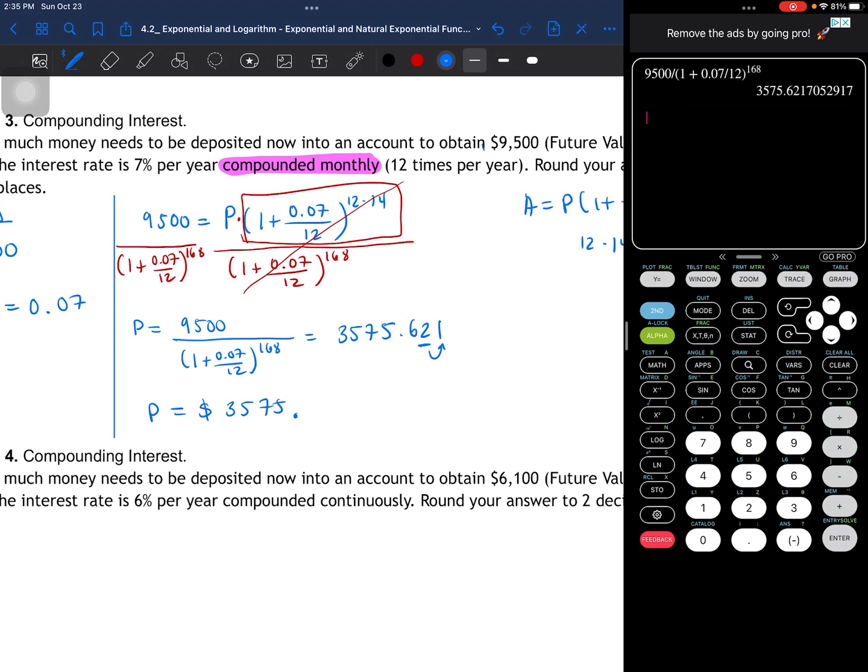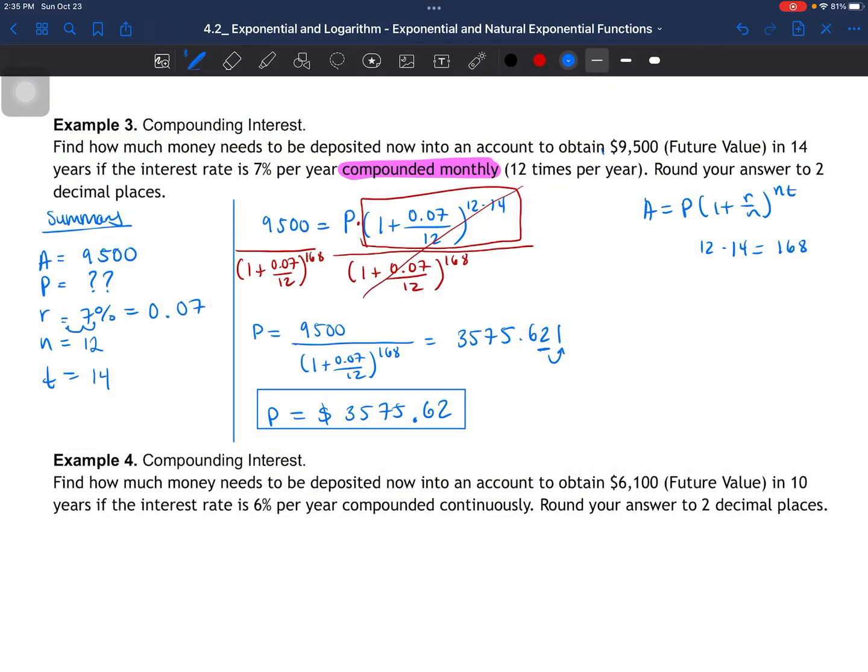So we're going to round it off now. It's going to be 3,575 point. We're going to round to the nearest cent. So we need to test the value of 1. And 1 is less than 5, so that means we're not rounding up. We're staying the same. All right, so this means that in order for us, in 14 years, to have 9,500, we will need to invest $3,575.62 in a 7% per year compound